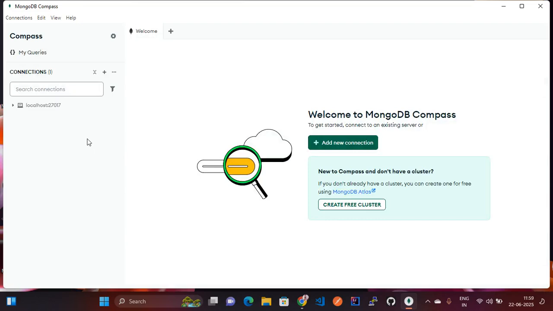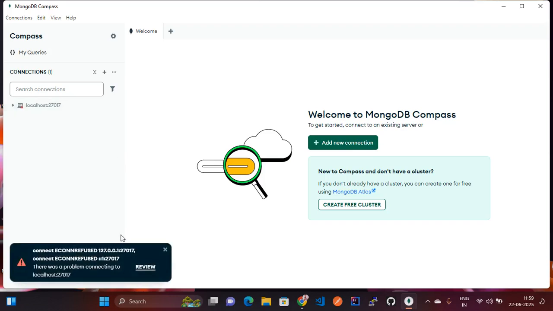So first, let's check whether MongoDB is connecting in MongoDB Compass or not. So I'm clicking the connect button. It is refusing. I think our MongoDB server is not running. So let's go to our